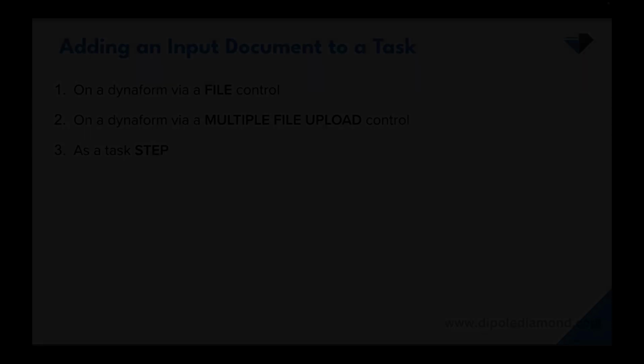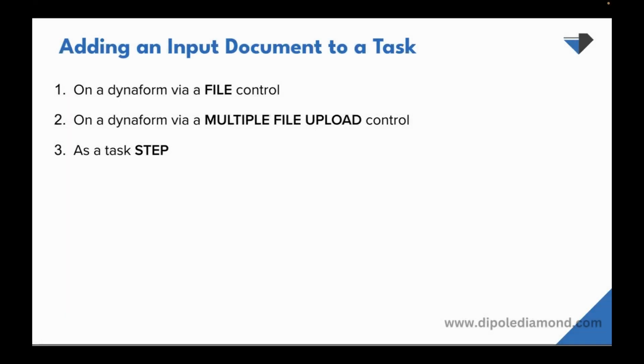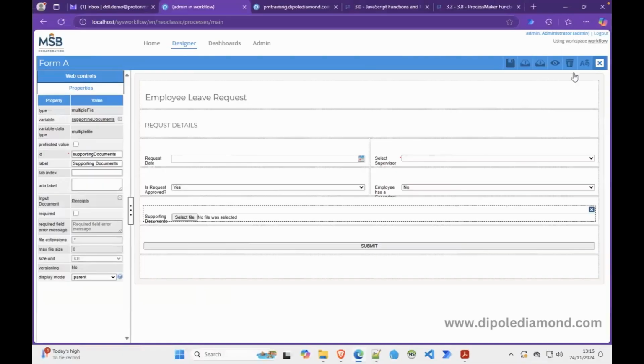Remember that we said that there are two main ways that you can add an input document to a task, either via a Dynaform or as a task step. And we've already shown that for a Dynaform, you either use a file control or a multiple file upload control, okay? If you don't want to use a multiple file control, you could add an input document to a task as a step. The difference between these two approaches, either as a control on a Dynaform or as a step on a task, is that the users can skip